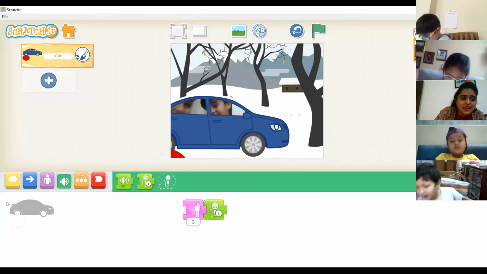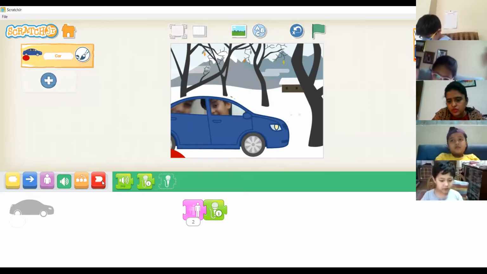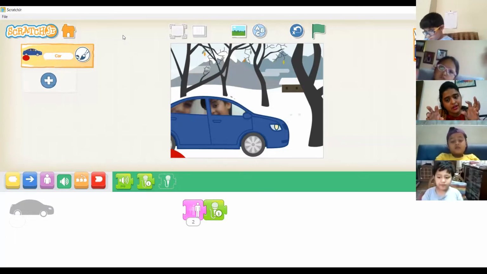Understood? So these are the codes that we are using. You just understand these codes first. The first is the yellow one. Then we have the blue code, purple, green, and these are the codes that we are using. All right. Everyone has understood? Yes. So what all we have done, we have made the car move on the screen. Then we have made the car grow or shrink. Okay.